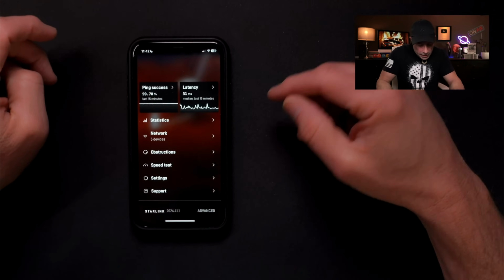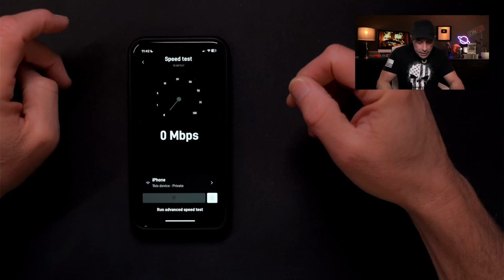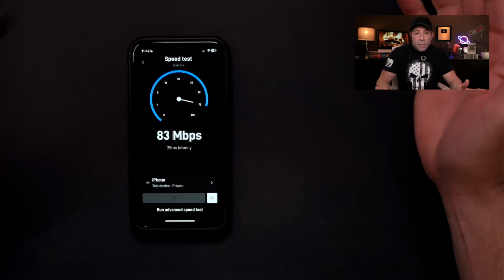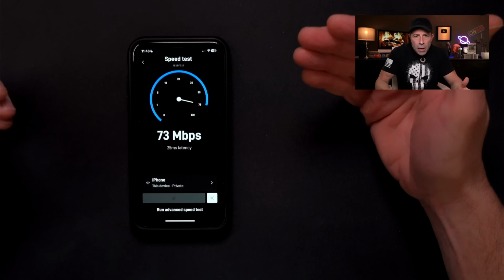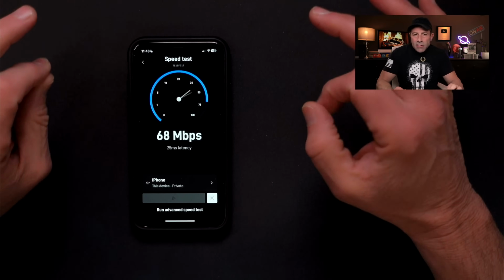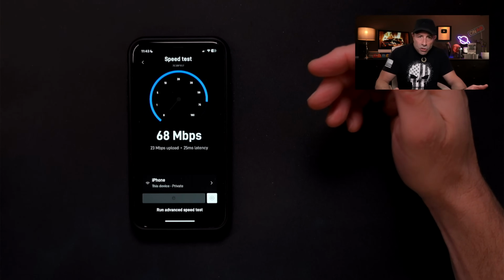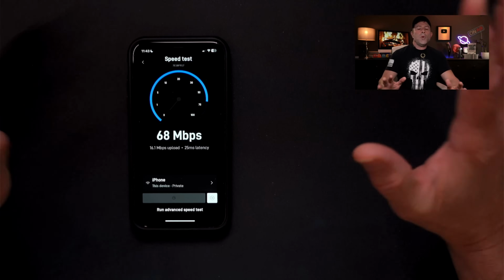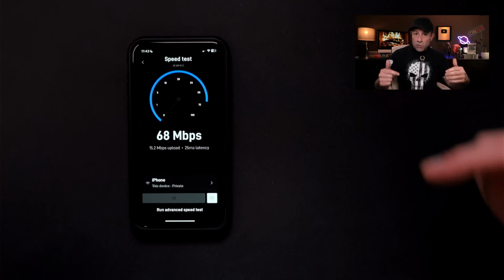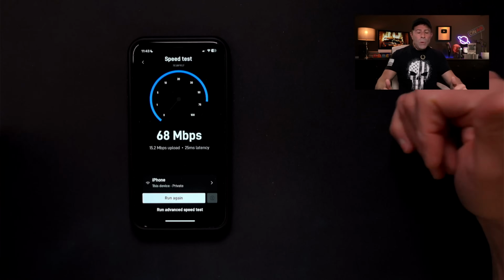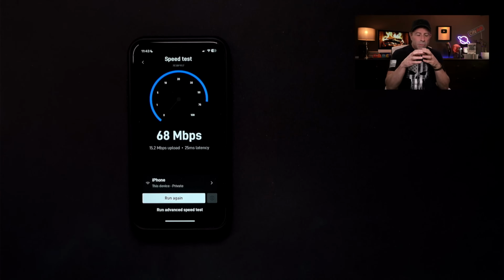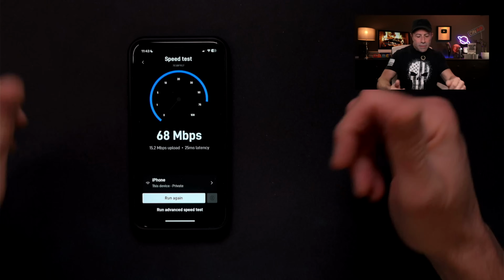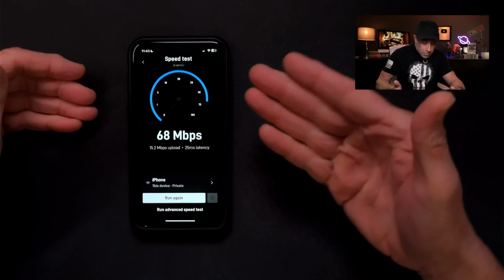So anyways, let's get out of here, and we're going to go to speed test. Speed test is really important for a lot of us because we want to know what kind of speeds we're getting. Is it fast? Is it slow? What is going on? I've been noticing lately we've been having speeds that are a little bit slow, and I don't know if it has to do with congestion or what. I'm very close to a park, and during holidays when there are a lot of people at the park, we have a lot of RVers. So what does that mean? Now we have a ton of people in this specific cell, my cell, all right? And my cell becomes very congested,